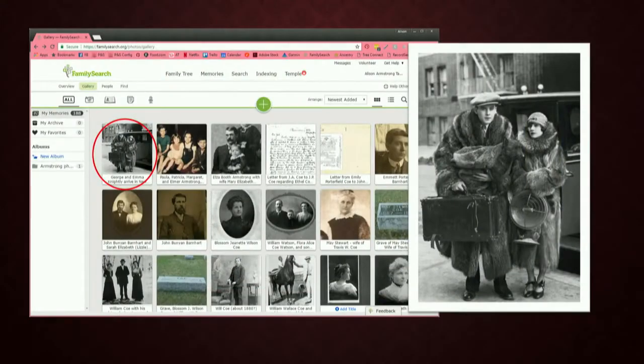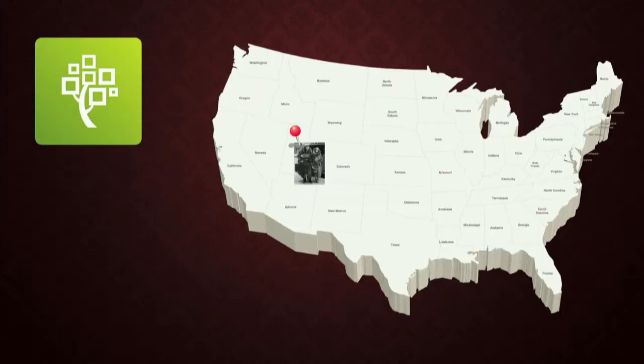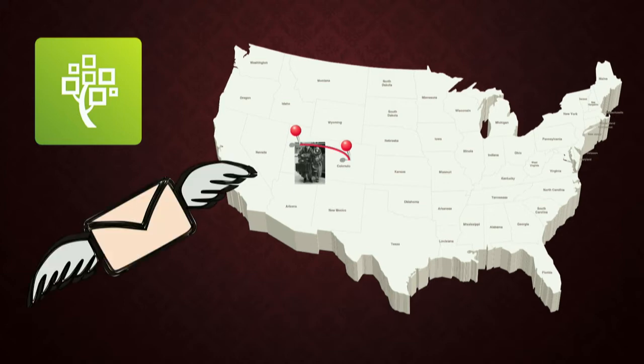Okay, so the next thing I do is I decide I want to upload this photo to Family Search. And I'll talk a little bit about how metadata relates to Family Search in a minute. And then I decide, you know, I also want to send this to somebody else. So here I am in Utah, and George and Emma, I have uploaded it to Family Search, and I also decide that I'm going to email this to my aunt, because I think she might like to see it. So I send her an email, I attach the photo to the email, and send it off to my aunt